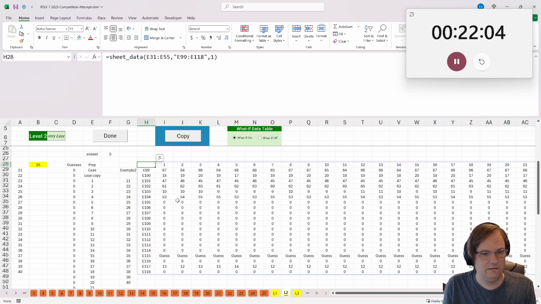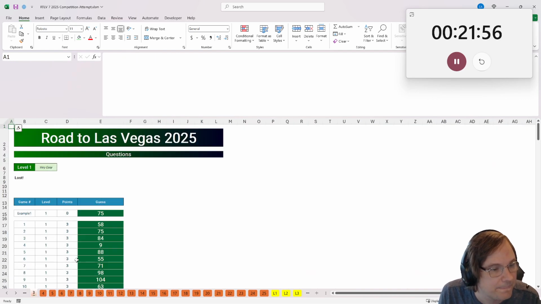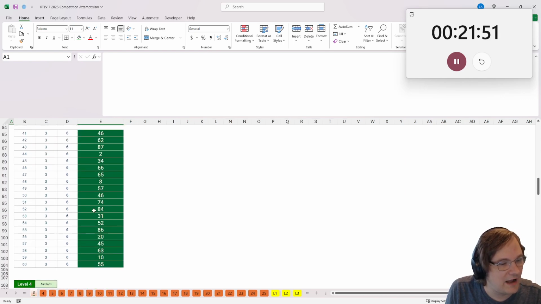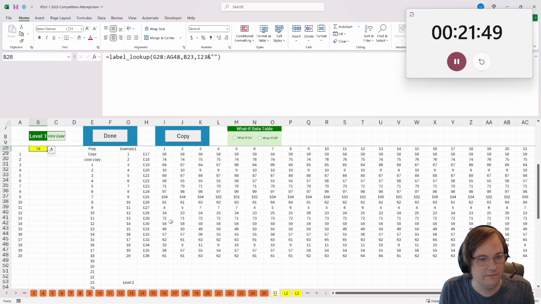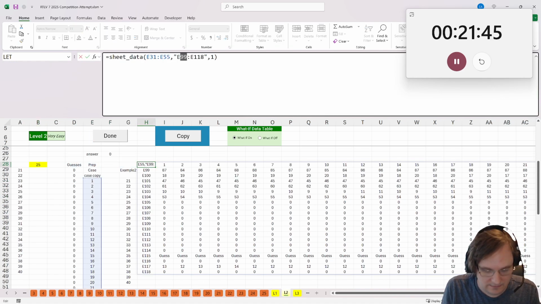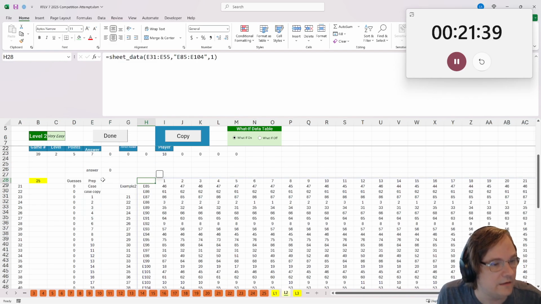All right. That doesn't look right either. Oh, because these are different row numbers. 85 to 104 for level 2. 85 to 104. All right, so now